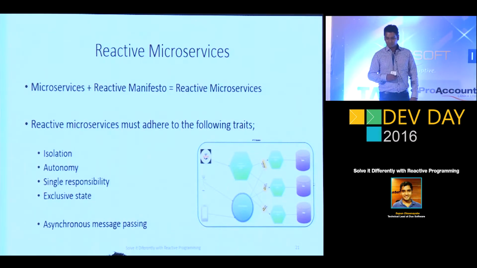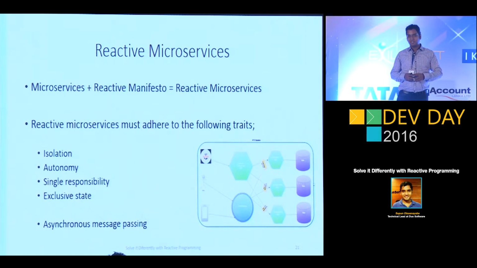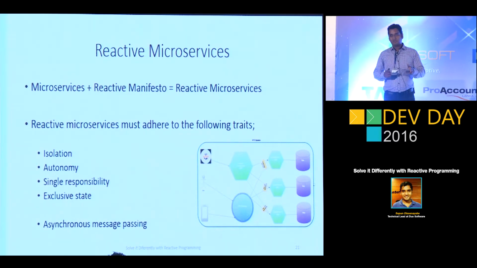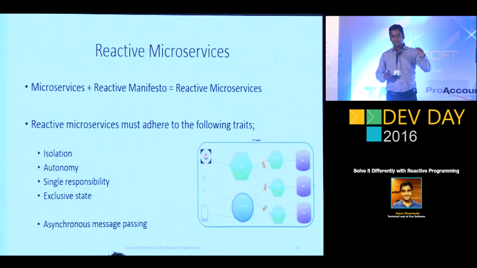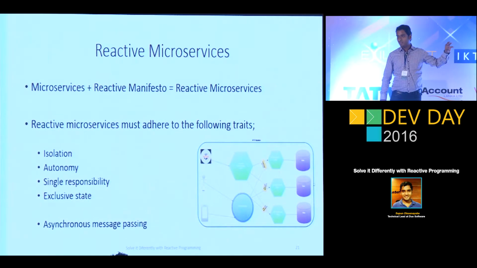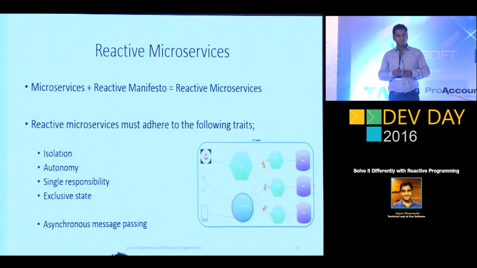If I talk a bit about microservices, they are different from traditional architectures. You just break the application into a smaller set of services, and you can have those small services running inside Docker or some sort of containerized environment, or you can run them as processes like Node.js or Java, with multiple processes running inside the machine. Those services can also have their own database. The database can be SQL, it can be NoSQL, and so on. Traditionally we use HTTP REST to communicate between microservices, but in reactive microservices we use